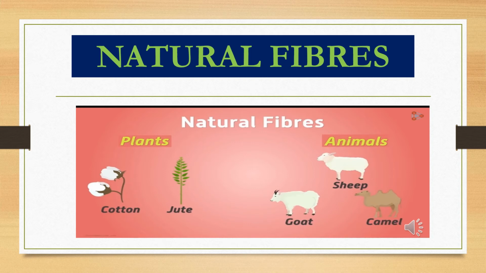Here in the picture you can see cotton fiber is obtained from the cotton plant. It is turned into fiber and then spun into cloth. Similarly, we get jute fiber from the jute plant. Children, from animals like sheep, goat, camel, and others like silkworm, we get special fibers. Silkworms produce special fibers that can be woven into silk. We get wool from animals such as sheep. So this is all about the animal fiber.